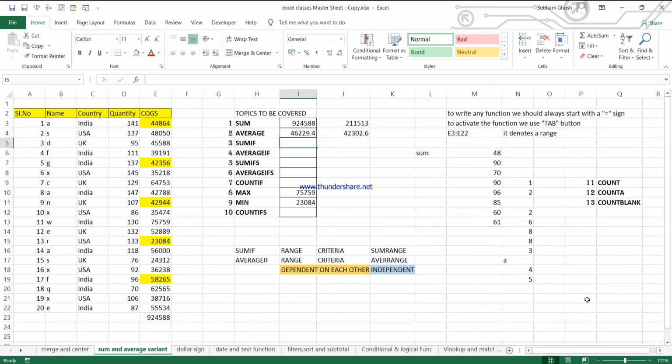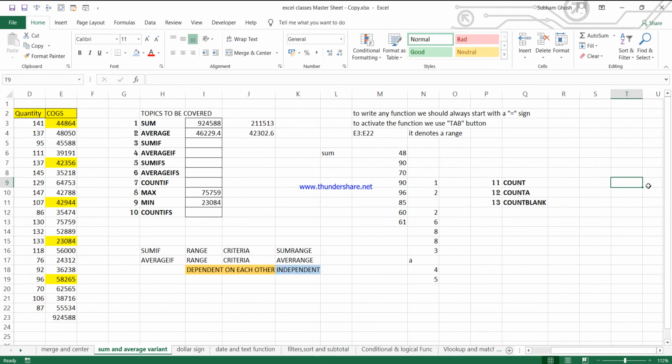So coming on to the next functions. Today we are going to do count functions. But you can see that I have written here three count functions basically. So you might be thinking, okay, three count functions, there might be a confusion. Why three count functions? Count means count, but no. These three count functions have three different purposes basically.